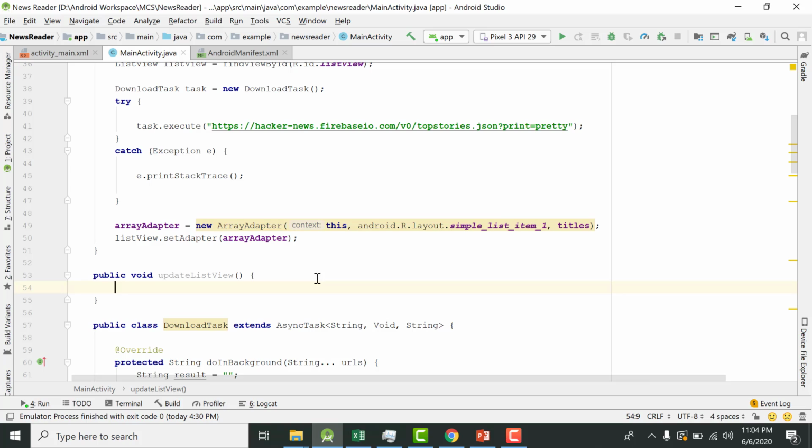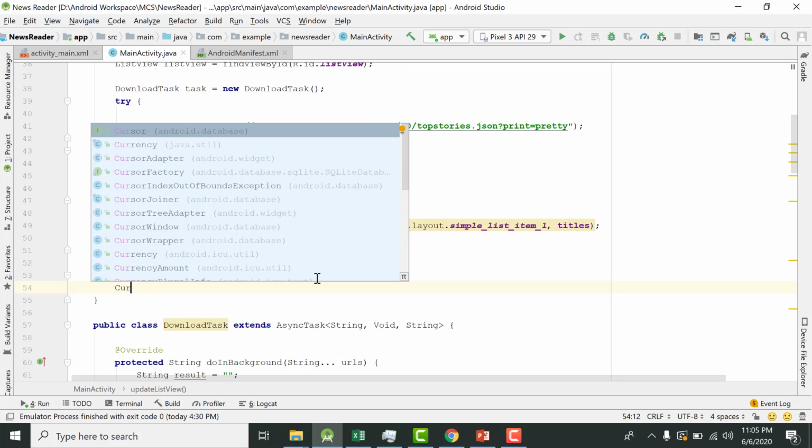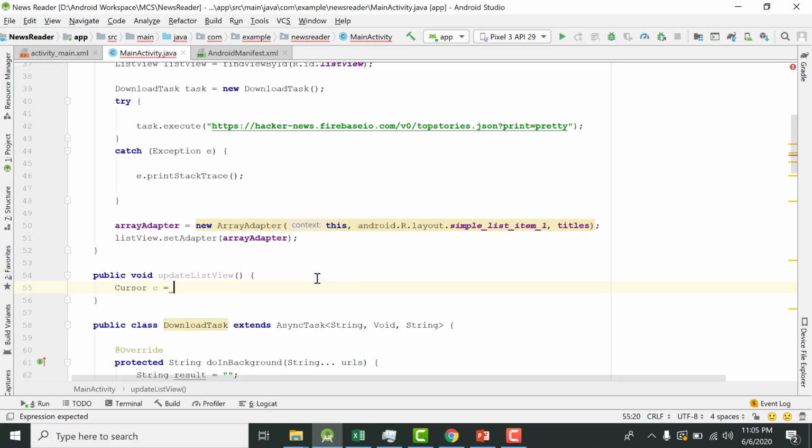All right, so we want to update the list view, but for updating a list view, we are going to fetch the data from our database table, and then inflate it with the help of array adapter to the list view. So for that I'm going to create a cursor c, and let me once again take the data from our database and select